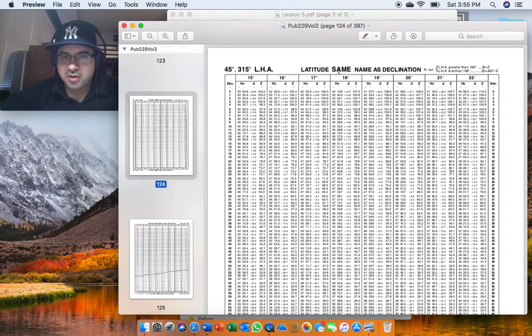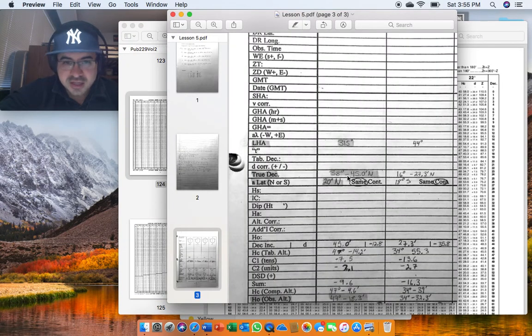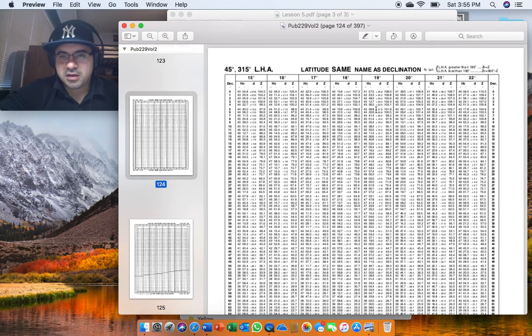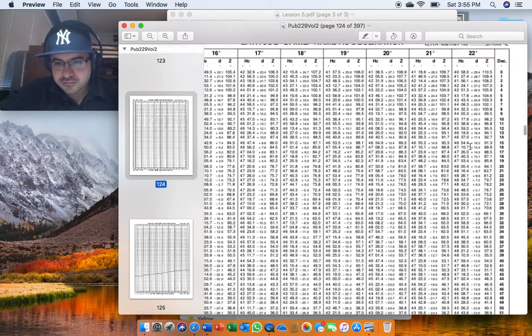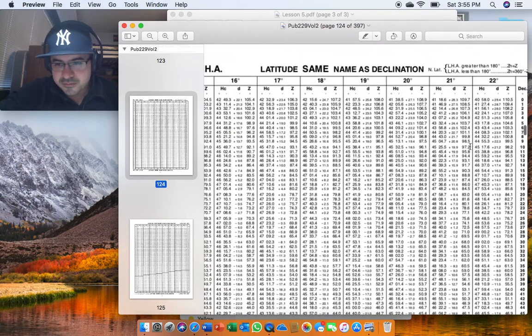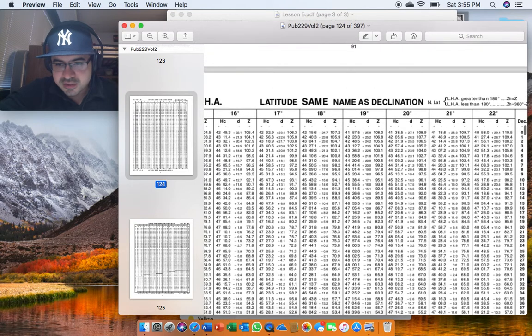So on the same, we are LHA 315, and your A latitude of 20, and our declination is 38, right? So we use LHA, A latitude, and the 38. We are going to drop the rest later on. We will be utilizing it, but 38, right? So 38, we're going to bring it all the way to the bottom. So right here, 38, 20, and the LHA, we know that we're on the same page, and it's the same. So it's